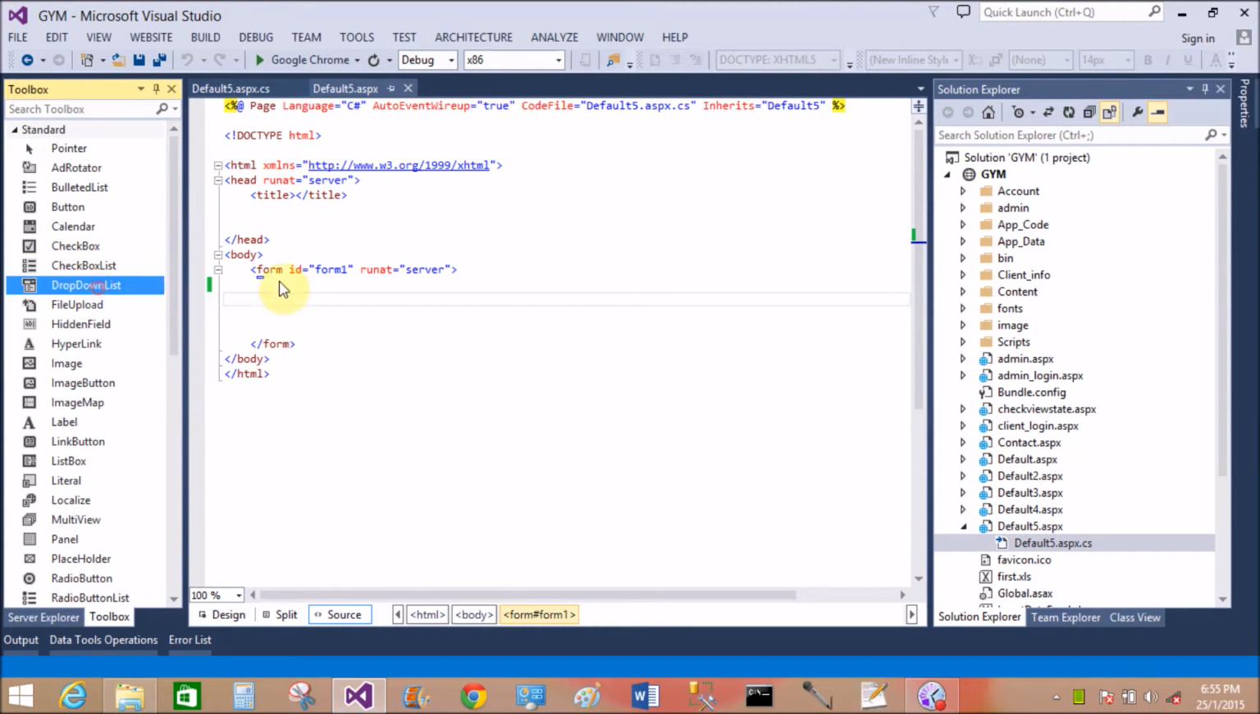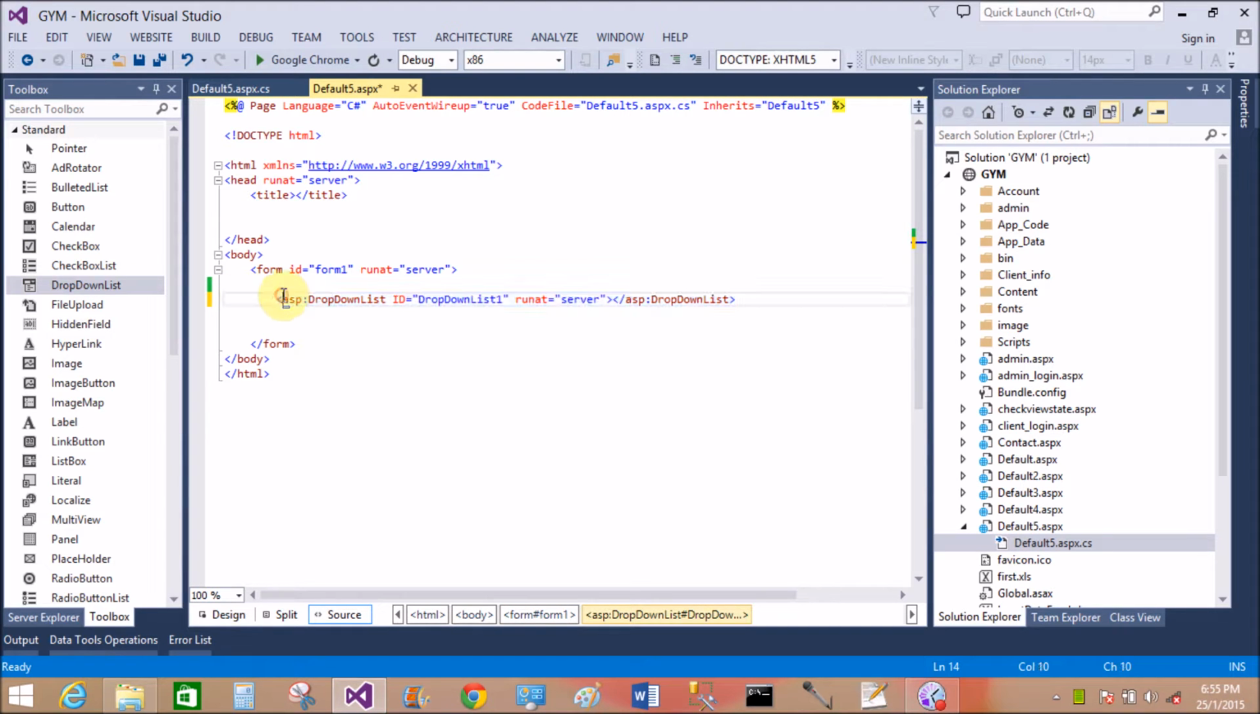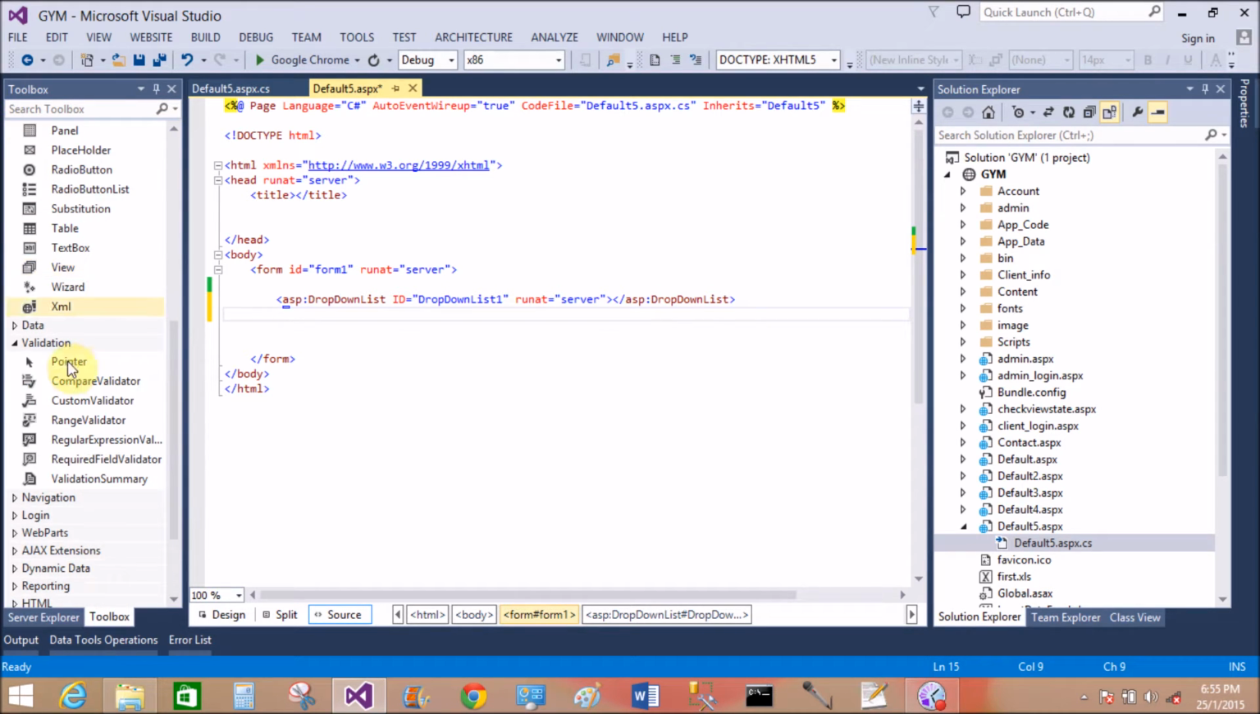Today I'm talking about validating a drop-down list in ASP.NET. First of all, validating a drop-down list using the required field validator control, which is available in the toolbox. So first, drag a required field validator control to the design window